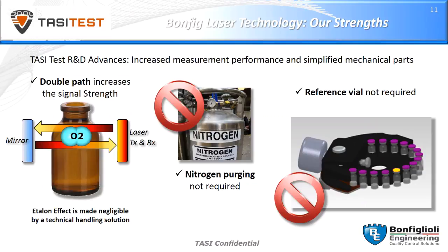Also, it helps to negate the Etalon effect, which is the refraction of light. As the light goes through the glass of a vial, it is refracted, and many times it causes the test to become very slow, or you can't get a reading. But because of our strong signal, as well as some mechanical handling solutions that we have, we're able to overcome the Etalon effect. And then also because of our strong signal strength, we also don't have to use reference files